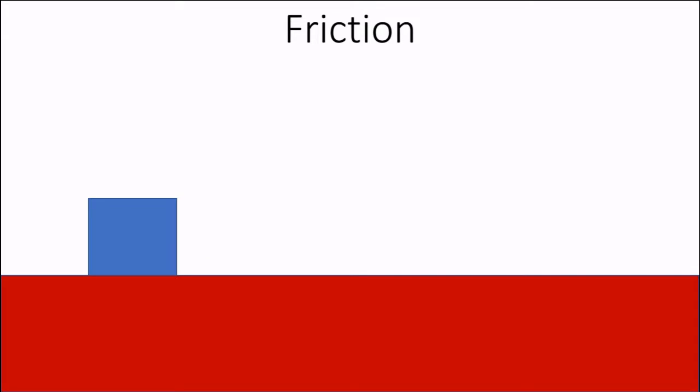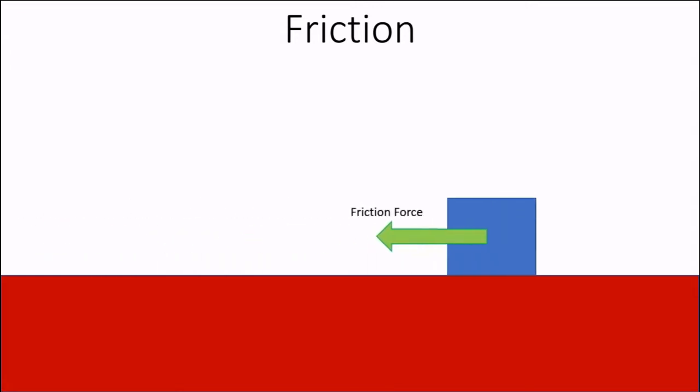Hello. In this video we will discuss friction. Friction is a force that prevents objects from slipping on a surface. More precisely, friction is a force that a surface will exert to slow or stop the sliding of an object